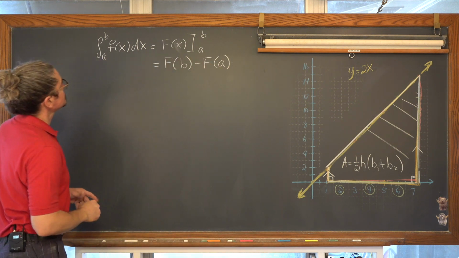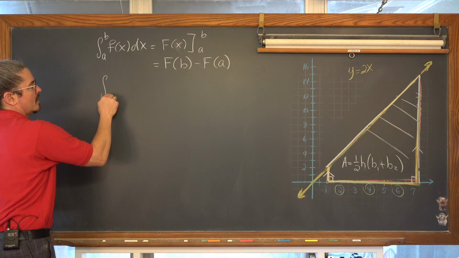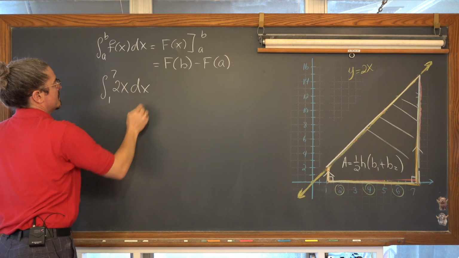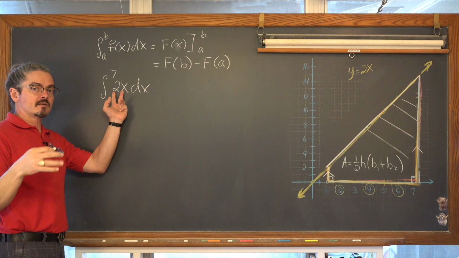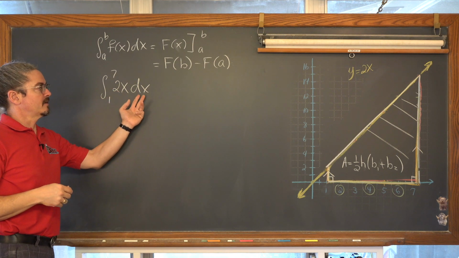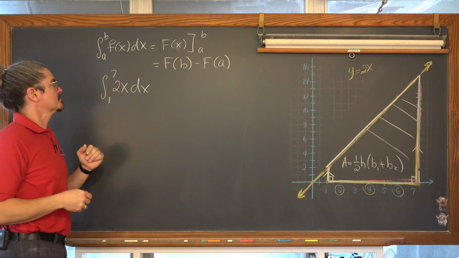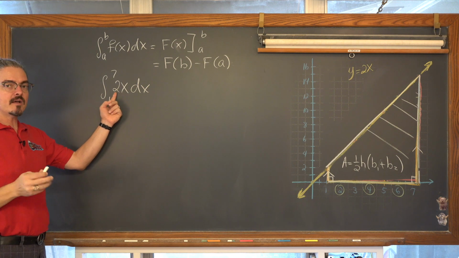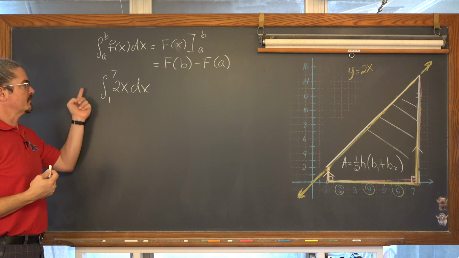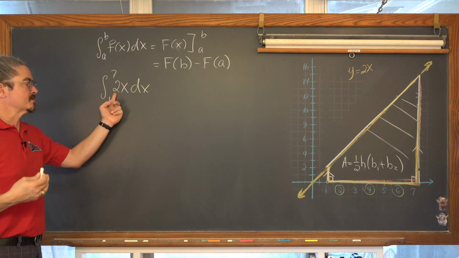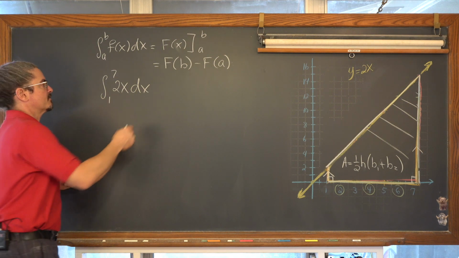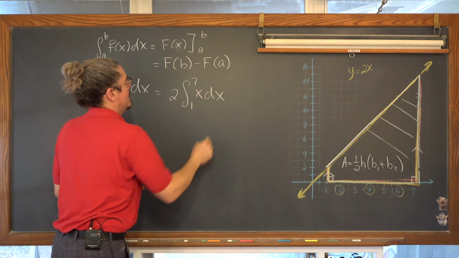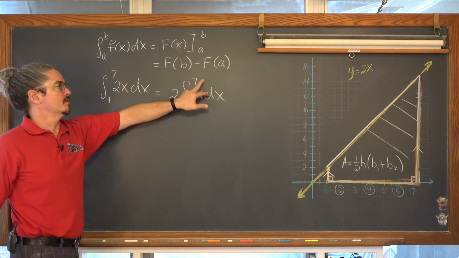So the definite integral from 1 to 7 of 2x dx, see, f of x or f of c sub i, kind of like from that definition of a definite integral, and here's like our calculus representation of delta x. Now when we go to integrate and evaluate this definite integral, the value of 2 is a constant coefficient. We know that from the properties of definite integrals and actually just integration in general, you can bring that constant coefficient out front and say that that's equal to 2 times the definite integral from 1 to 7 of x dx. Now your integrand is a variable base with a fixed exponent.